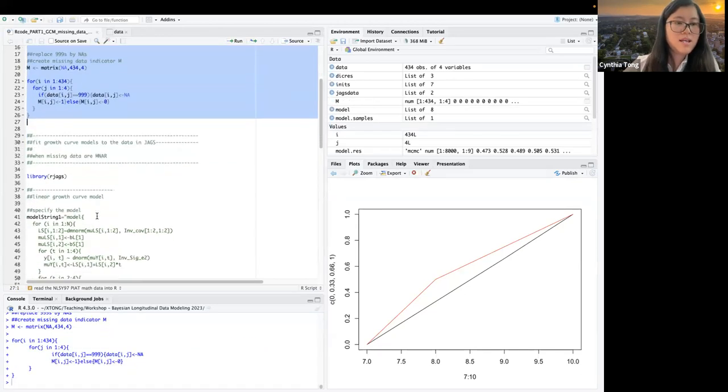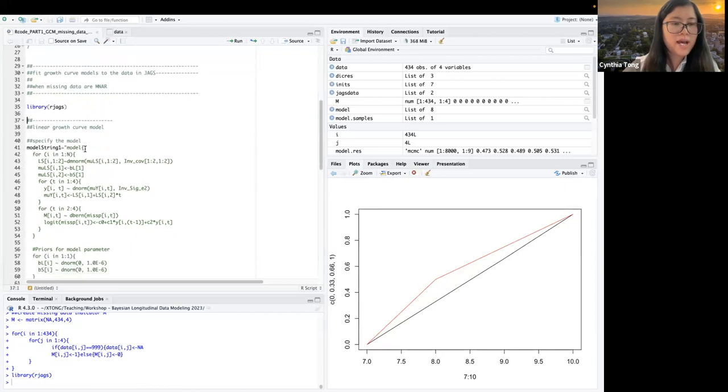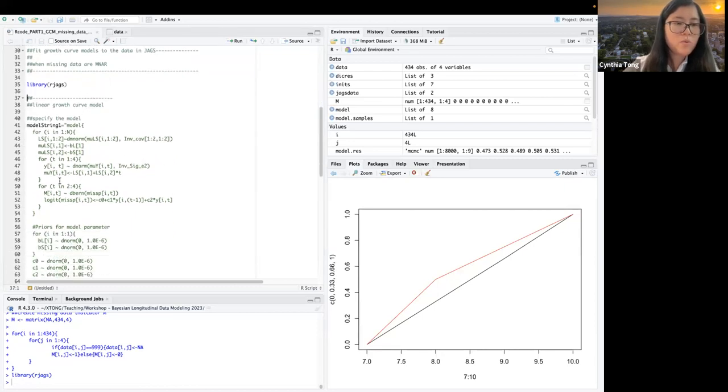All right. And then in JAGS, in addition to what we had earlier, we also need to model this missing data indicator, because we are also missing not at random in the data. So we have the add-on structure here just to model the missingness.